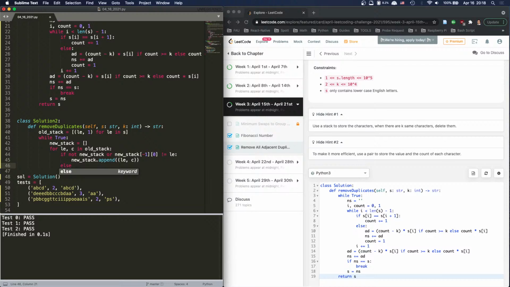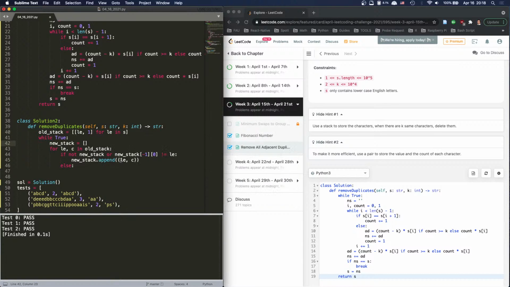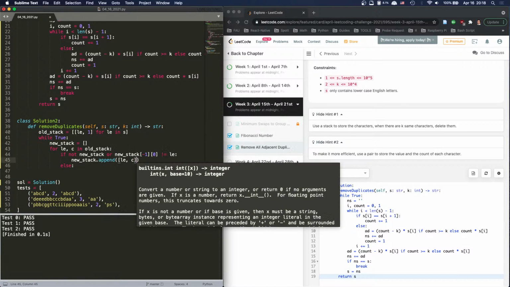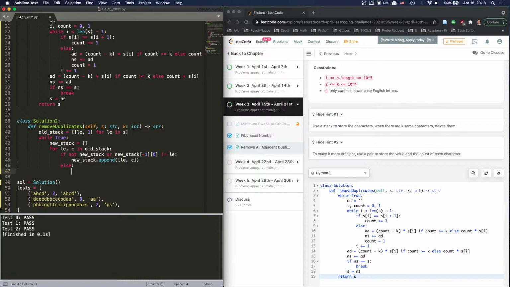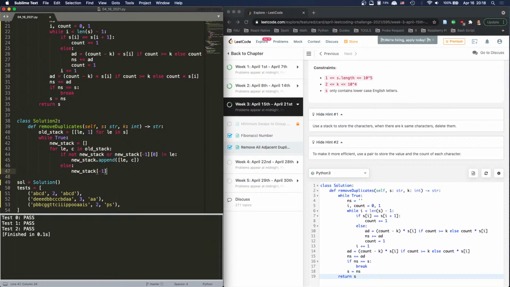Else, which means we have a stack, and the top of the stack letter is the same. Then we want to change the value, so it has to be mutable. Yeah, it has to be mutable. All right. So now, it's the same, so new stack